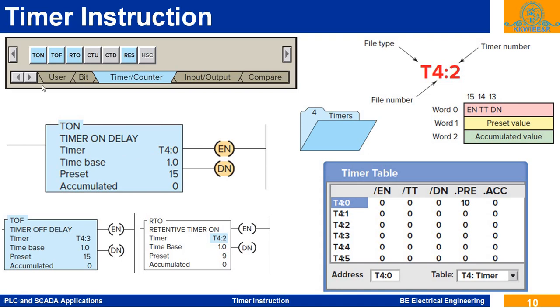So these are the three instructions for on delay timer, off delay timer and retentive timer. These timer instructions look like this. According to IEC 61131, this is the standard instruction mentioned by IEC for timers in the PLC.